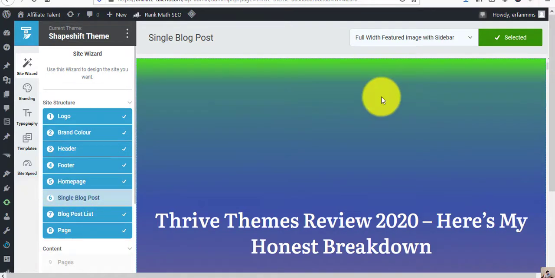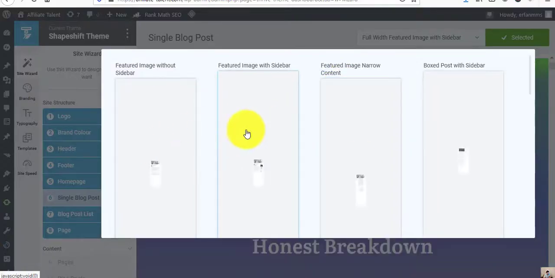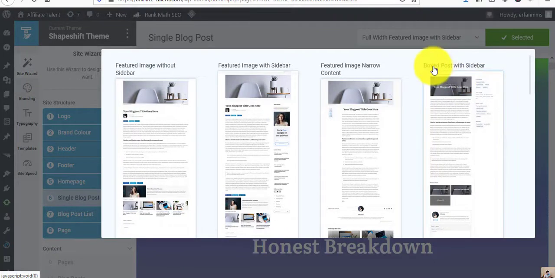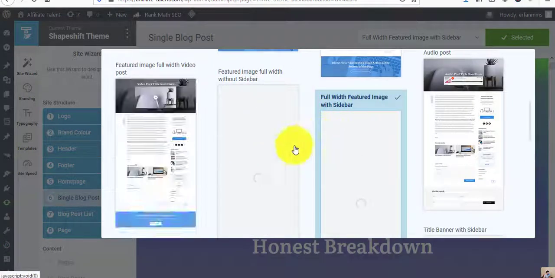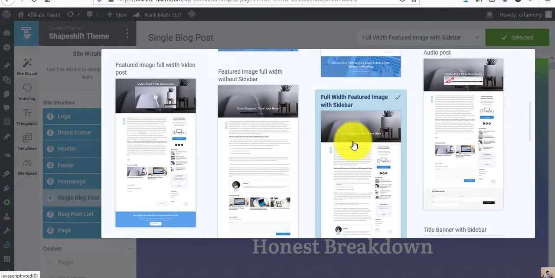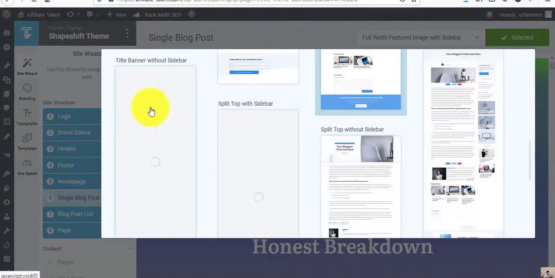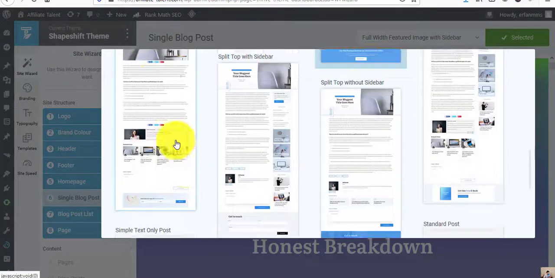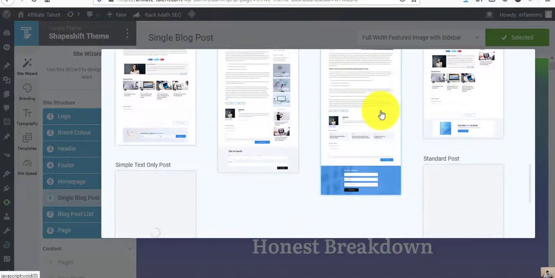So for single blog post, again, we have different templates here. So we have like box posts with sidebar. All of them have a picture on top that you can go for. You can also edit it yourself later. You can delete the stuff. I deleted a lot of things that I didn't use at all. That's why it wasn't really practical for me, but it depends which design is your favorite,